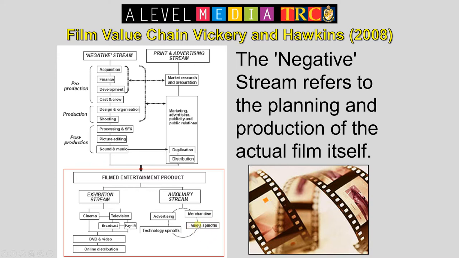But media spin-offs, that might be like a spin-off TV series, an animated version. It could be other things like a soundtrack album, I suppose. Advertising and promotion, doing deals with McDonald's to do branded Happy Meals or whatever. There's also technology spin-offs. Maybe in the production of your film, you invented a new camera, or a new camera mount, or some kind of new special effect that can then be used in other movies.